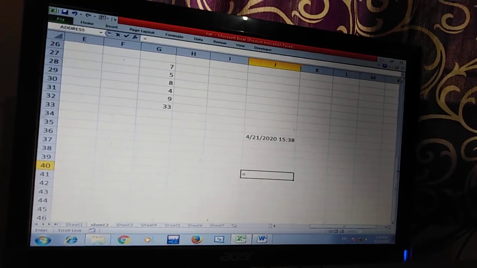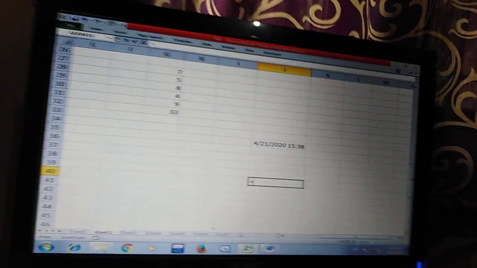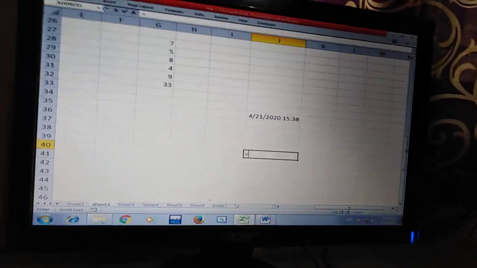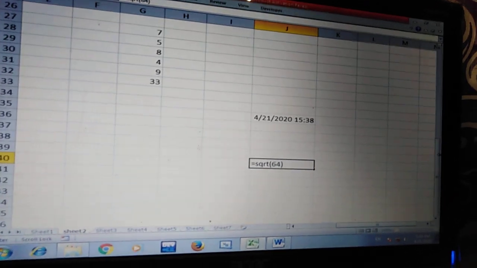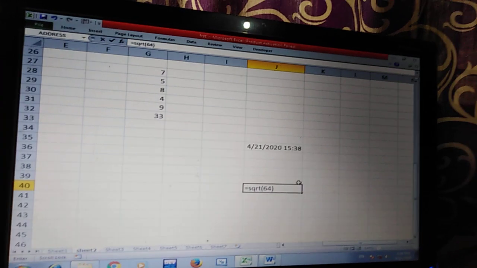And we remember one thing, we have to put equal sign before performing any function. This is the main important point to perform every function. So sqrt number, it is the argument. What we have to put here, suppose we need square root. Sqrt means square root. Square root of a value. This value is called the argument, and this is called the function name.